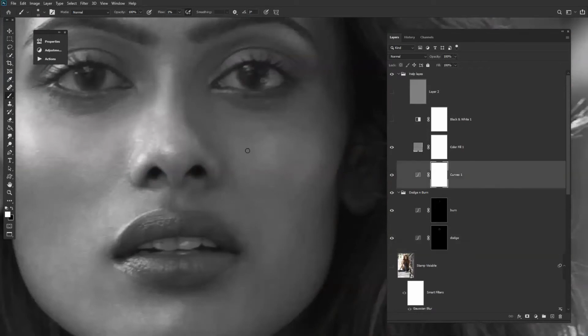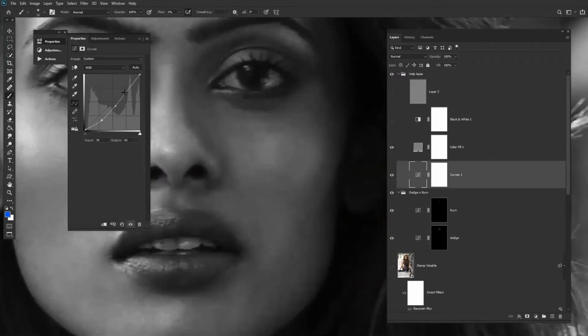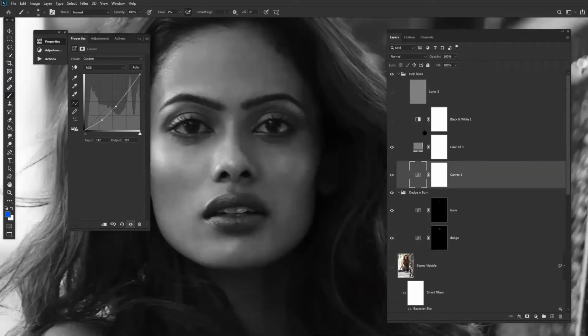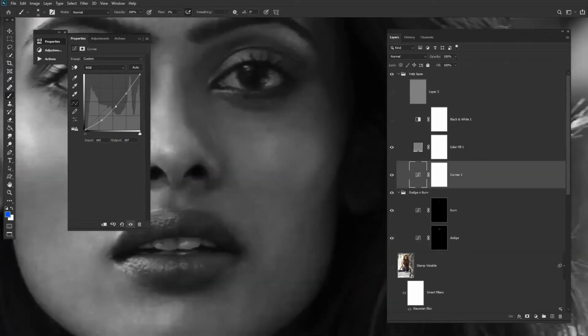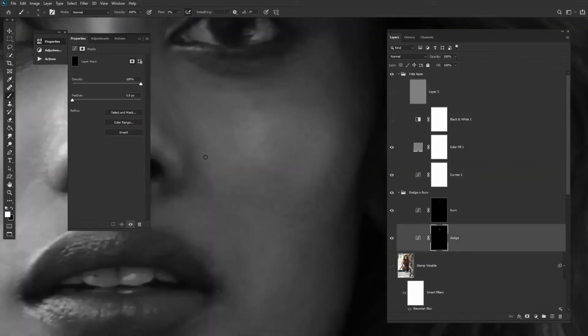Let's now change our curves adjustment layer to normal, and now we can go a little deeper, a little deeper, a little deeper. Now we can see what the flaw areas are for us to work on. So basically, first I will do the minor adjustments.